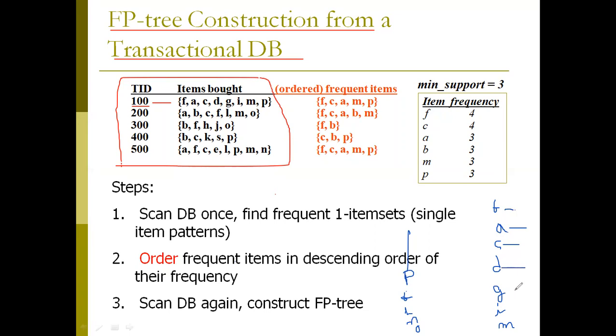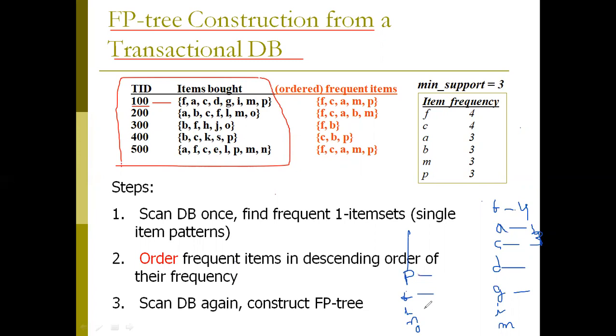After making the individual sets, try to write the support count of each and every item set. These are the item sets, right? So we should now represent the support counts. How many times does F exist in this database? Obviously, it's 4 times. Like that, you need to represent it for each and every item set.